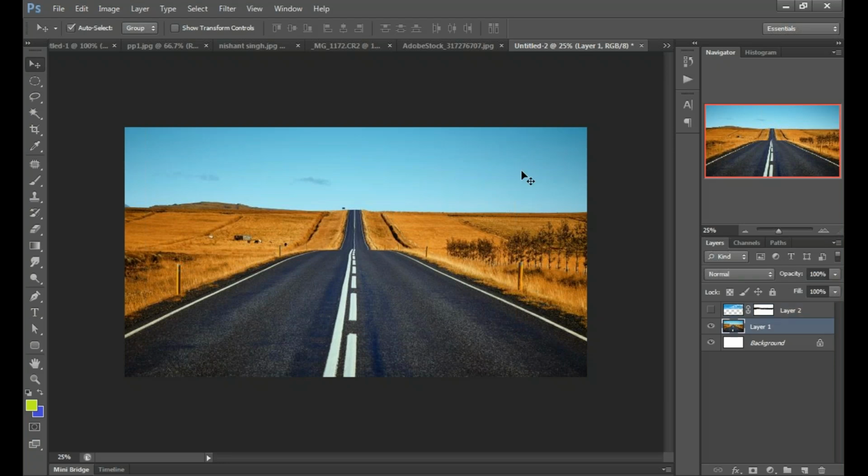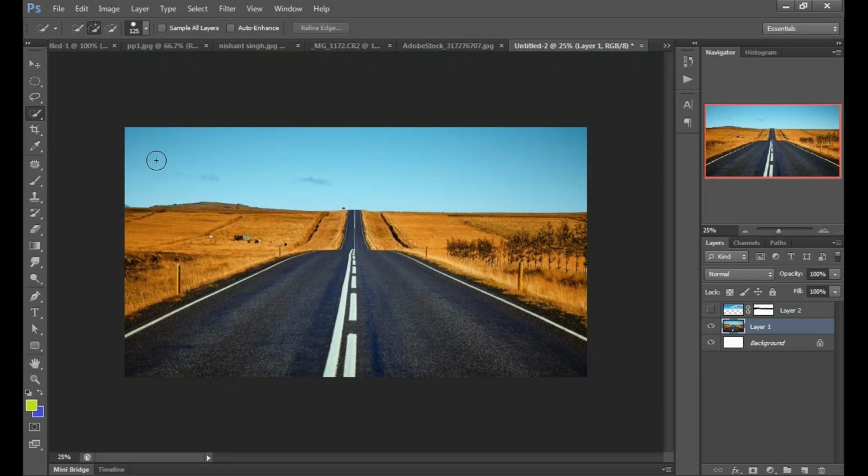We will select the quick selection tool from here. By selecting the quick selection tool, we are going to select this sky area. You are seeing the pointer here, but when you choose that tool in your software, you will get a circle here.